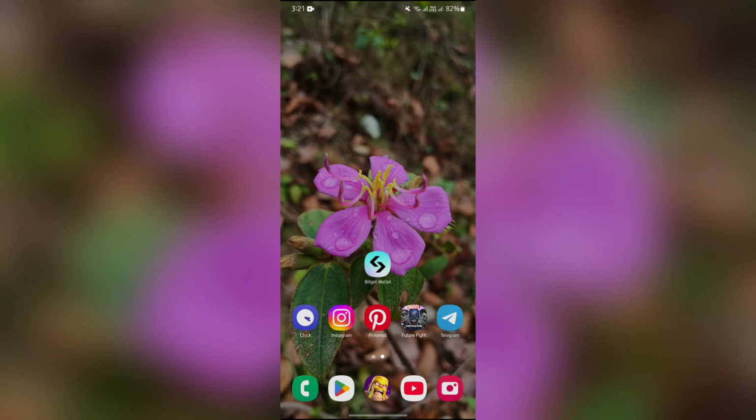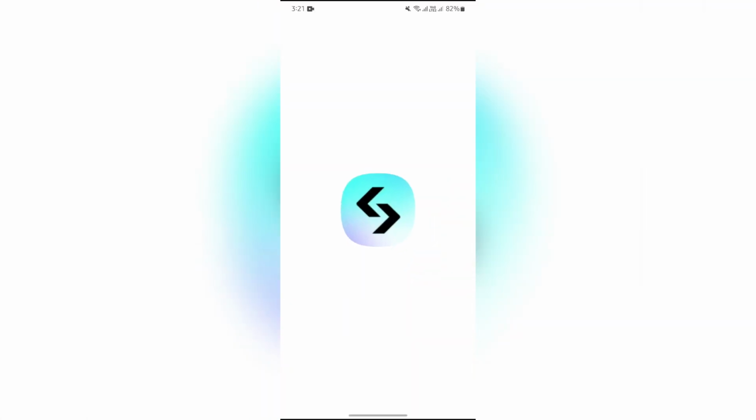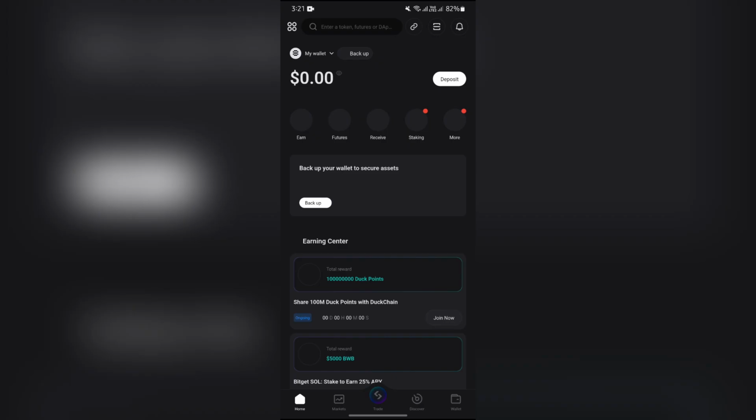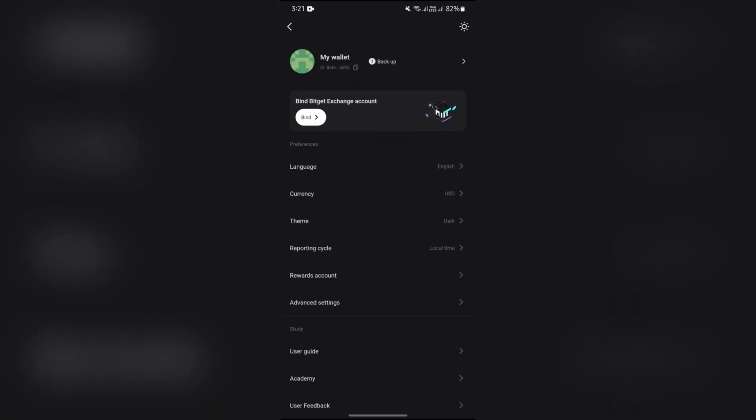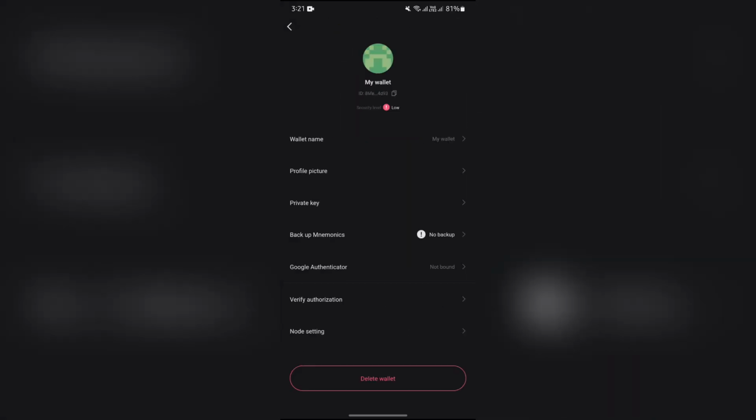In order to do that, you just simply have to open your Bitget Wallet application. After opening the application, you will see this four circles icon in the top left corner. Tap on that and then select your profile. Now, after going in here, you will directly get the option of wallet name at the very top. Tap on that